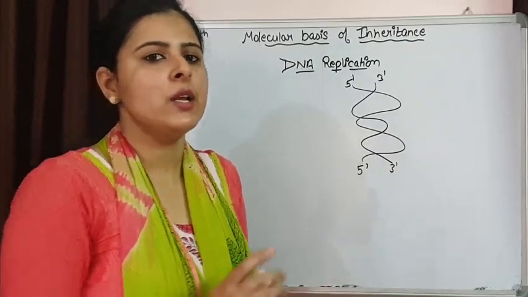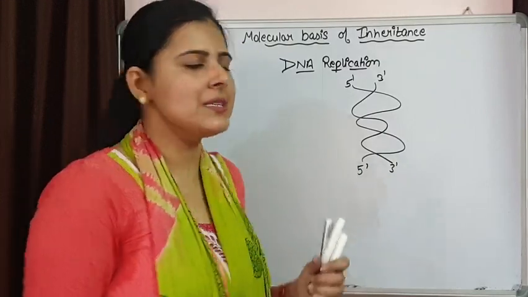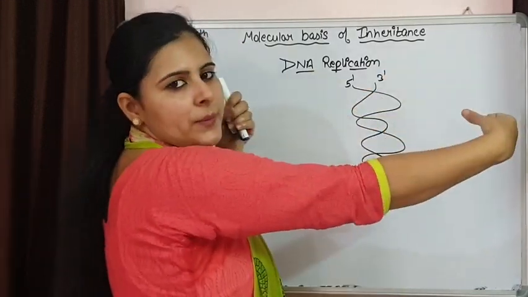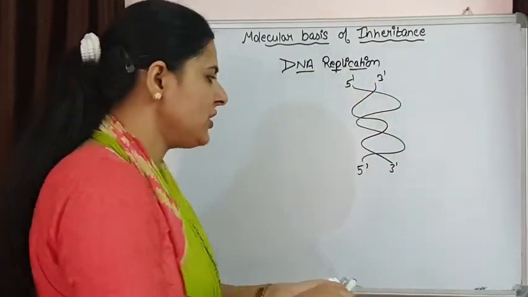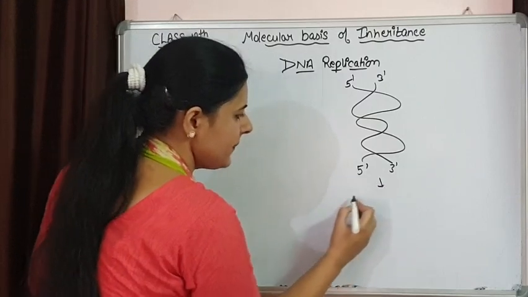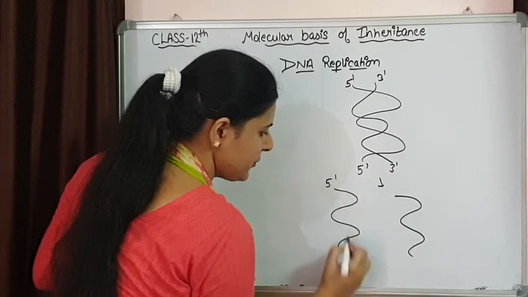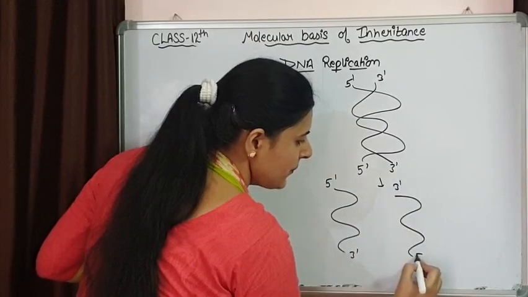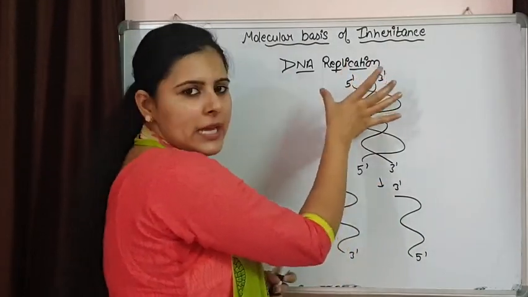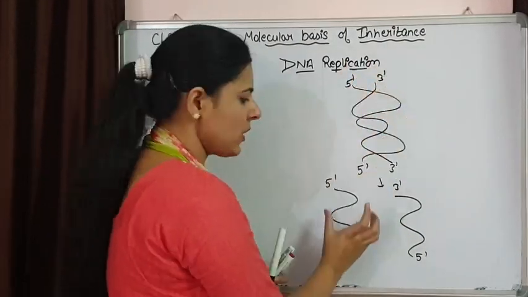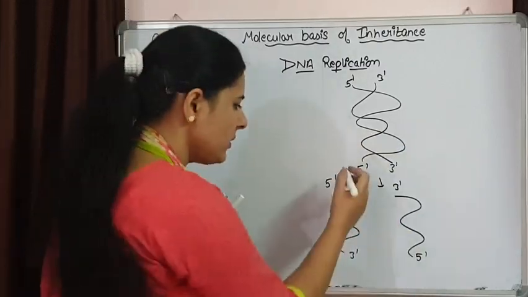Now they said that when this DNA replicates itself, these two strands open up. They will unwind and separate from each other. This will be the situation. This is the 5' to 3' end. This is the 3' to 5' end. So this is how DNA during replication opens up and unwinds,